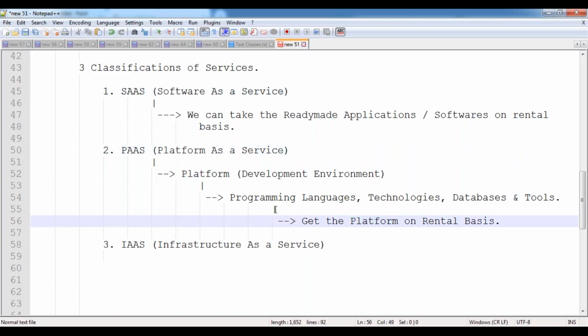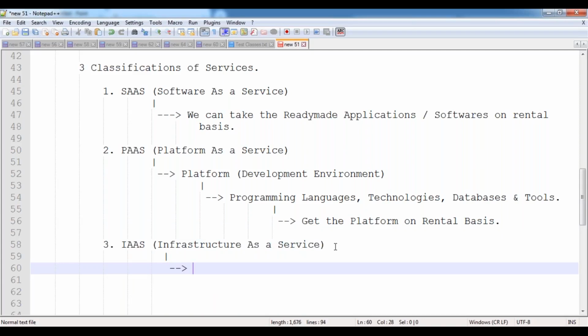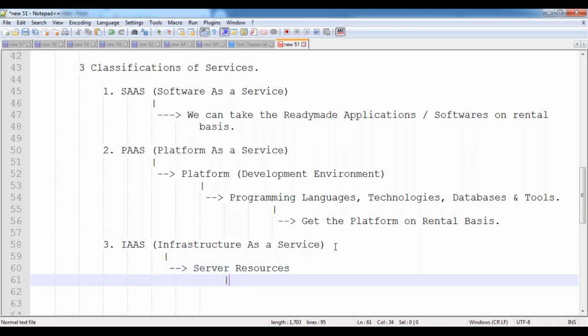Now, once the application has been developed, where can we install it? To install this application, we need some server, right? We need server resources. Server resources means what?